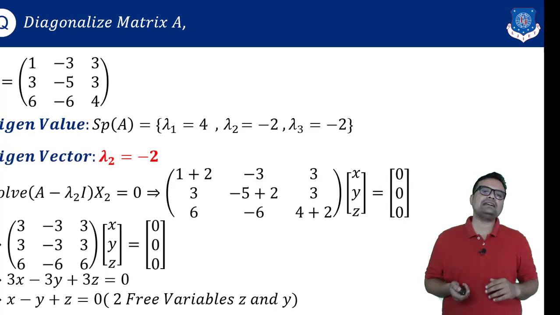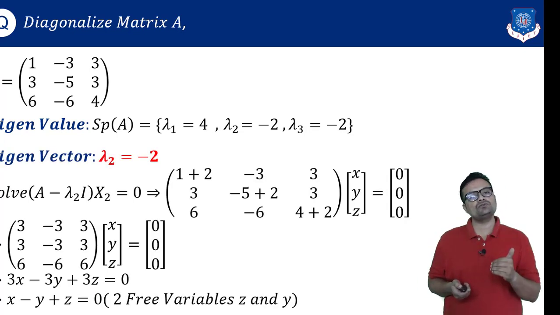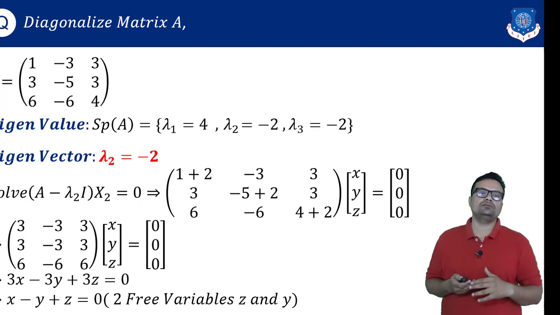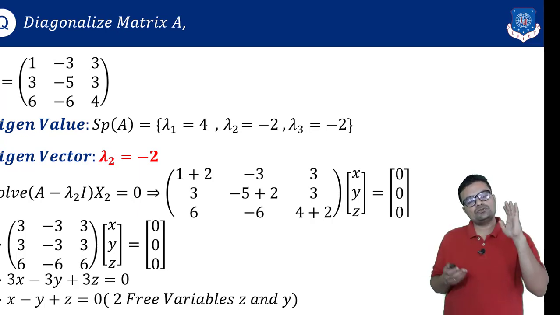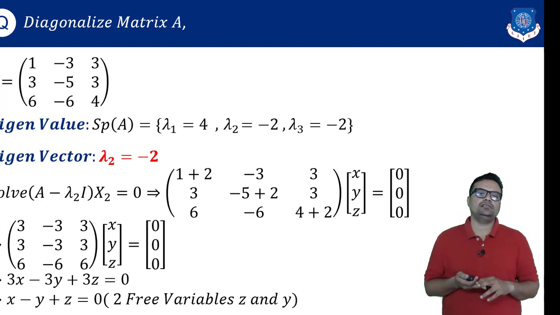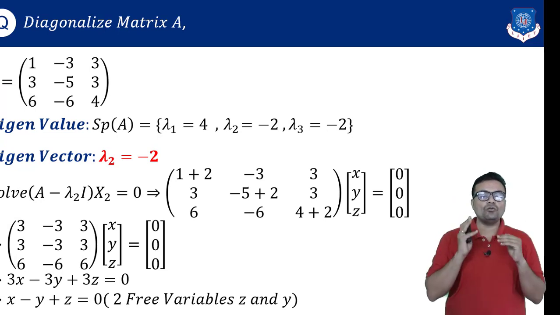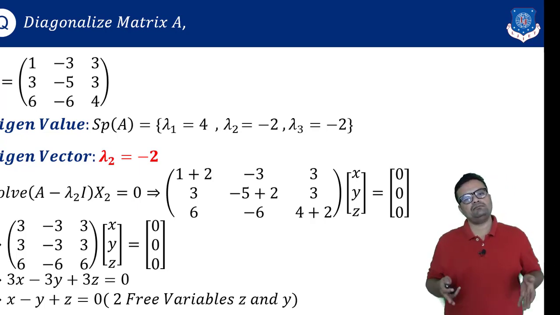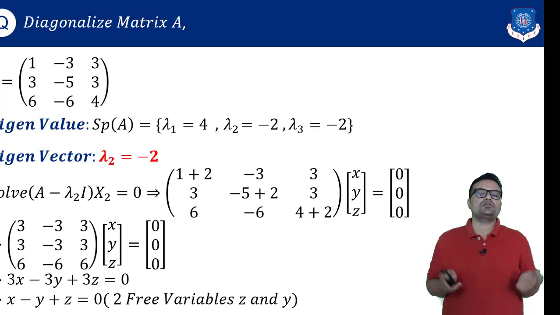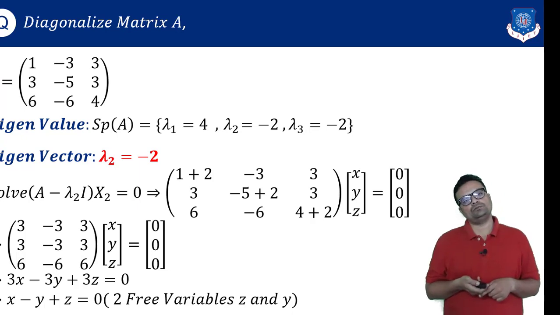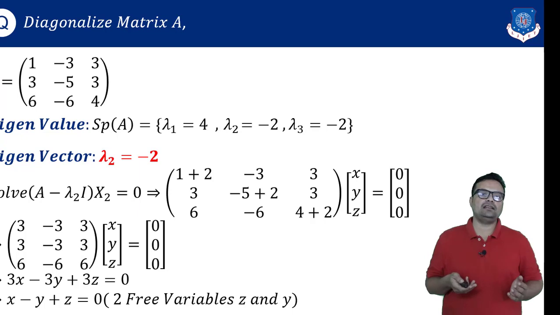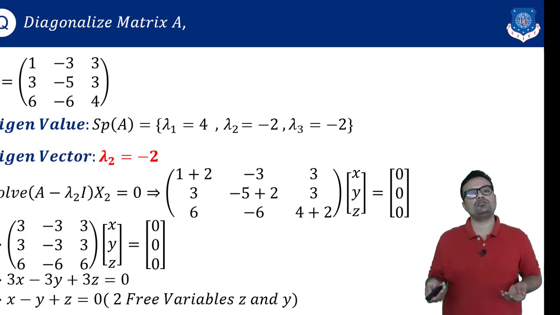If I consider second eigenvalue lambda 2 equal to minus 2, I need to take (A minus lambda 2 I) x2 equal to 0. It is minus 2, so it is ultimately addition into the diagonal. Now simplify it. What you will observe over here is all three rows are the same. They are identical. So now we cannot apply Cramer's rule. Therefore, we'll solve it directly. Take any one equation and solve it. So it is x minus y plus z equal to 0.